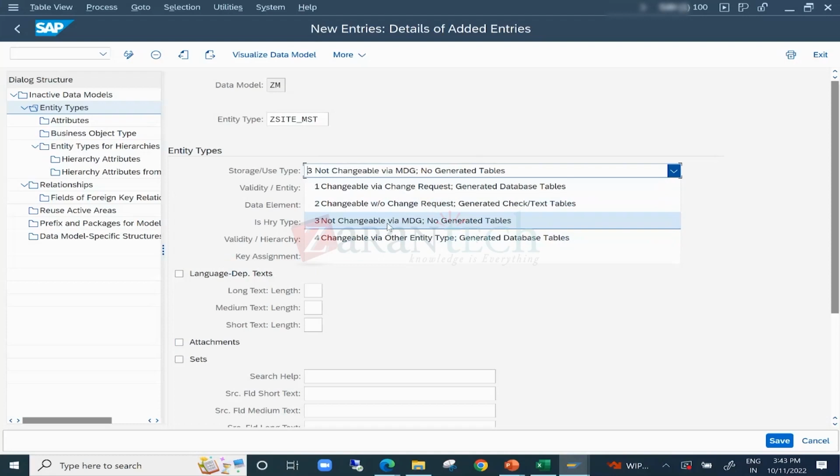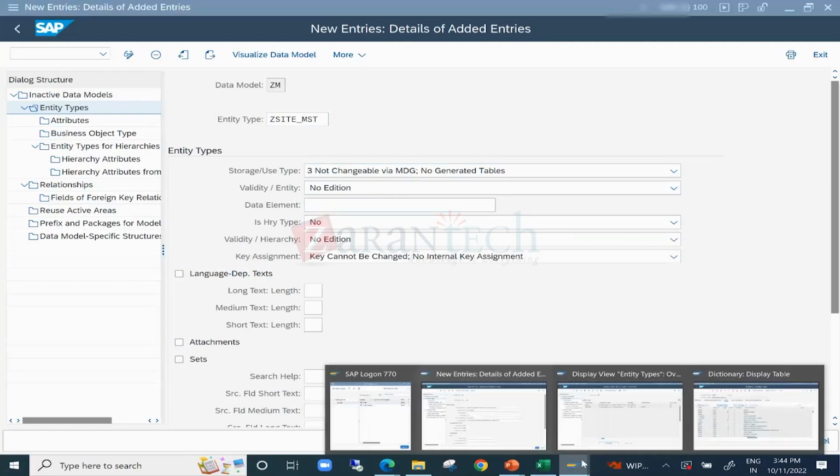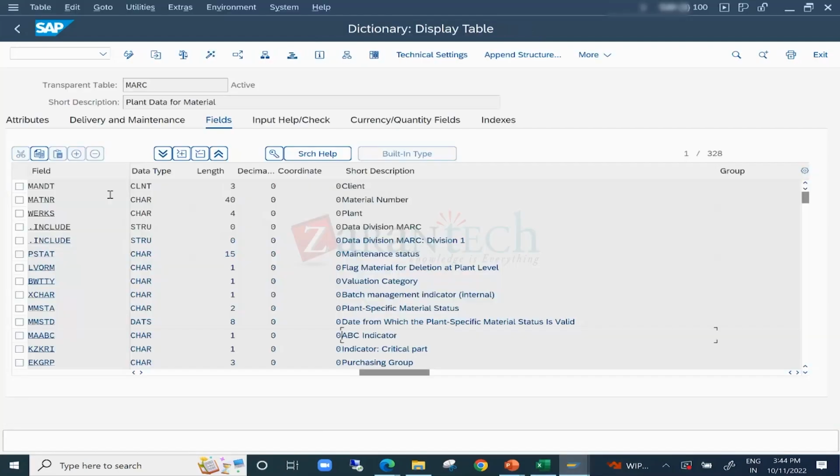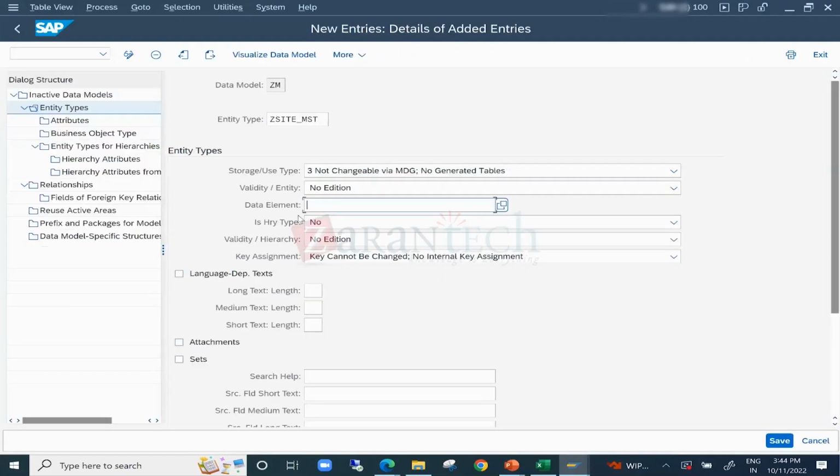Okay, so here I wanted to create a plant master. I wanted to represent that one, so that's why I created a type 3. And for type 3 you need to provide the data element over here. Okay, so I need to provide the data element, because this data element, WERKS_D, I have maintained,